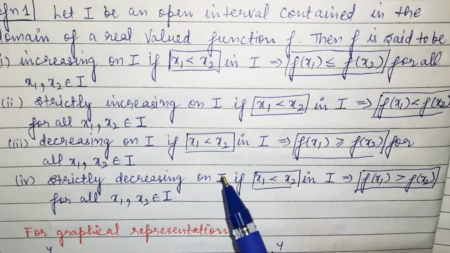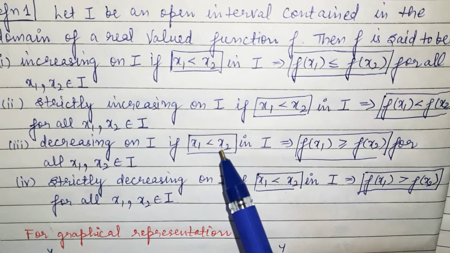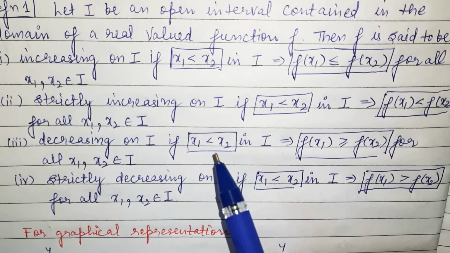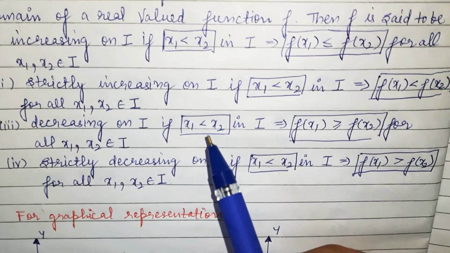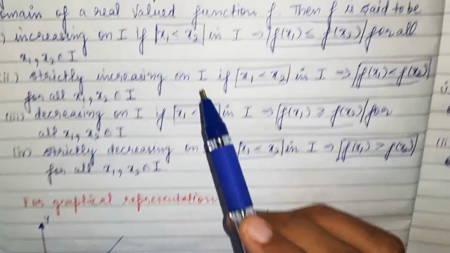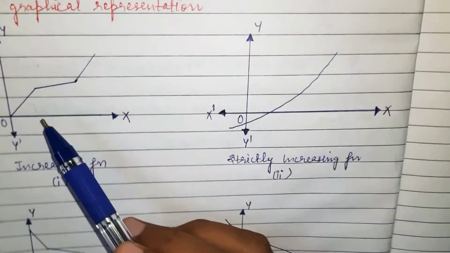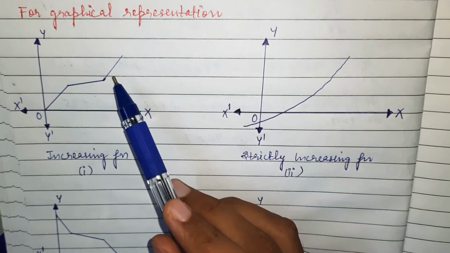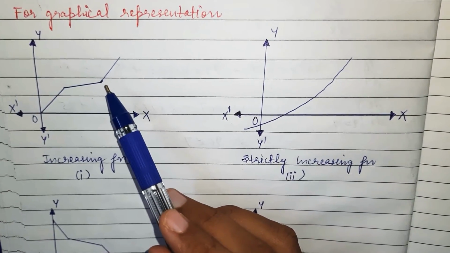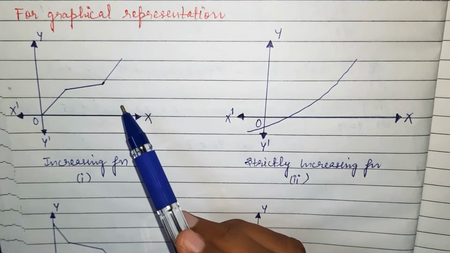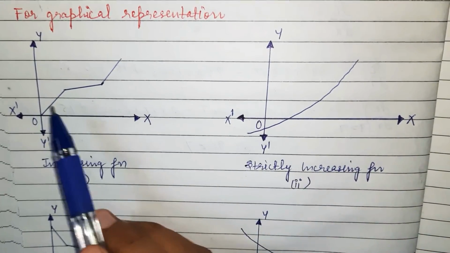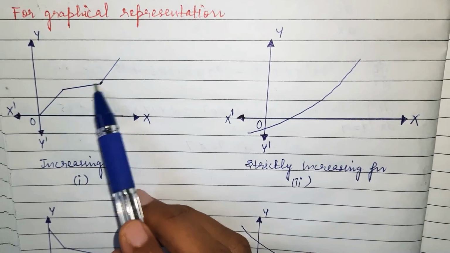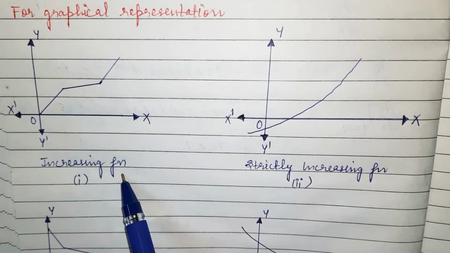Okay, if I talk about the graphical representation for increasing and decreasing functions, this is just the definition, but in the application we use the second definition throughout the exercise. Now this is your increasing function. That means there is no break towards the downward direction. Here we'll have the critical points also, that's why I'm saying increasing function.